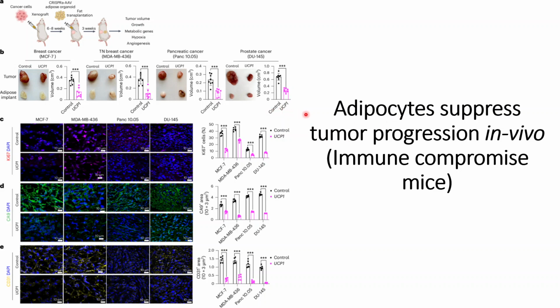In this video, we will discuss how this adipocyte can suppress the tumor progression in the in vivo studies. Here they use immune compromised SCID mice. In the previous video, we have understood the results in the in vitro studies, that is in the cell culture studies. Here they check the impact of adipocytes on the tumor progressions in the immune compromised mice, and they use